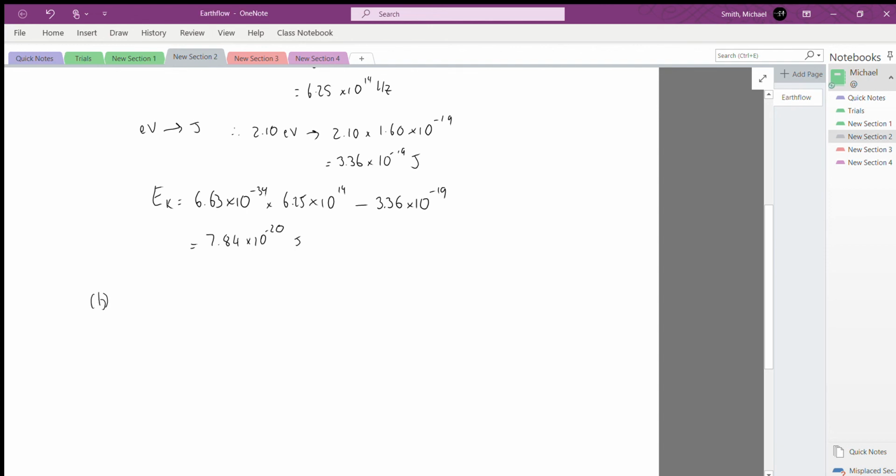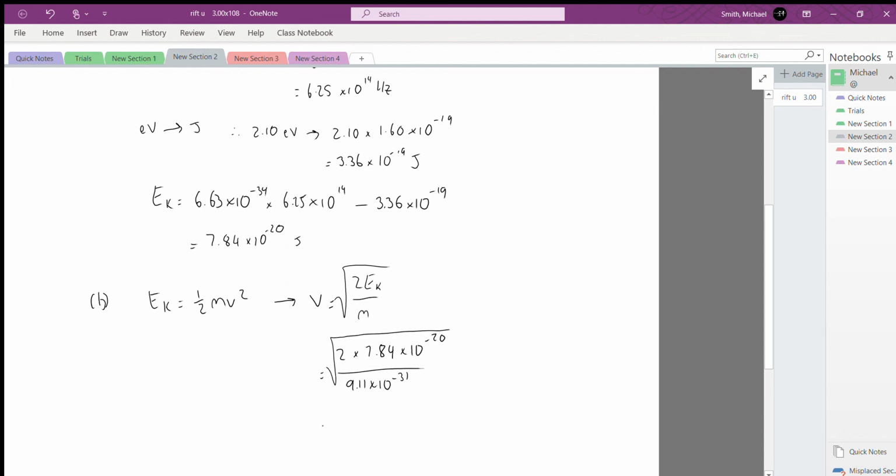So here we're just using our kinetic energy formula, which is half mv squared. We can rearrange this to get v equals the square root of 2 times maximum energy over m. And now we just substitute in the numbers that we've got. So 2 times 7.84 times 10 to the power of minus 20, all on the mass of an electron, which is 9.11 times 10 to the power of minus 31 kilograms, square root all of this, and we get